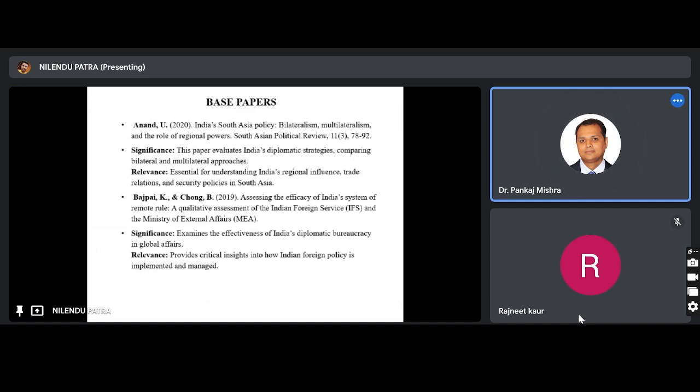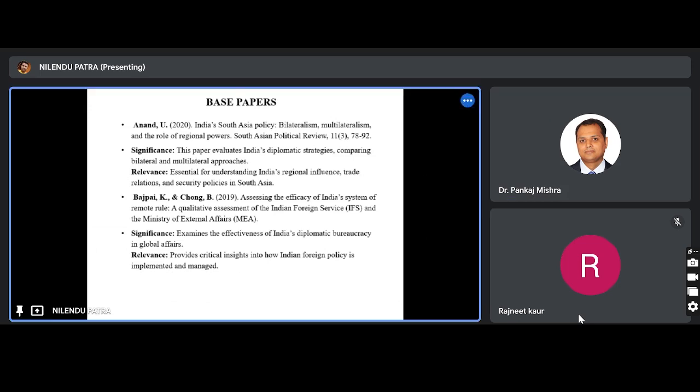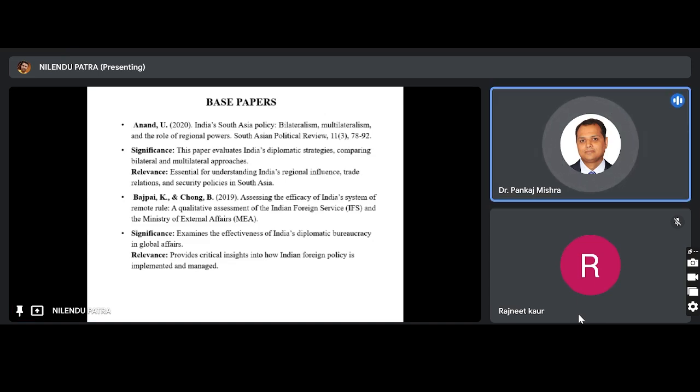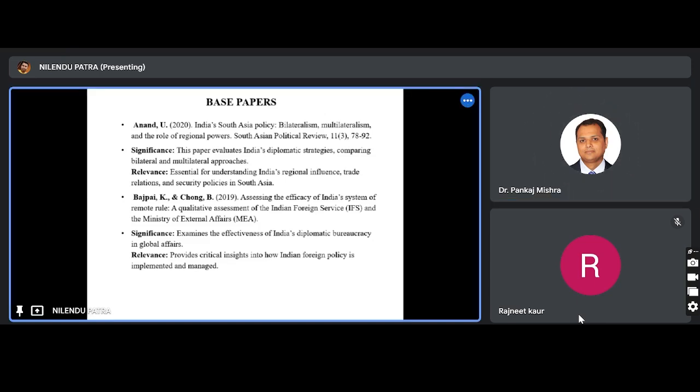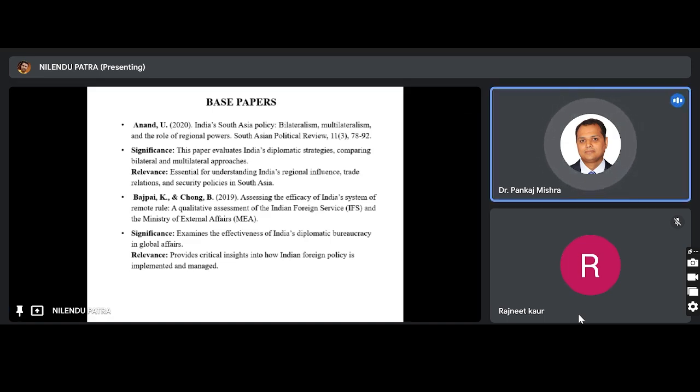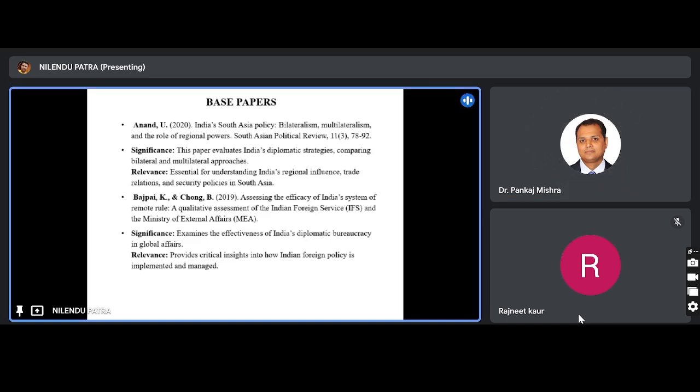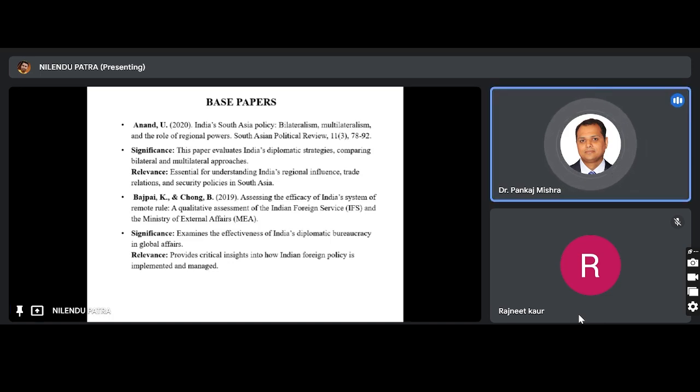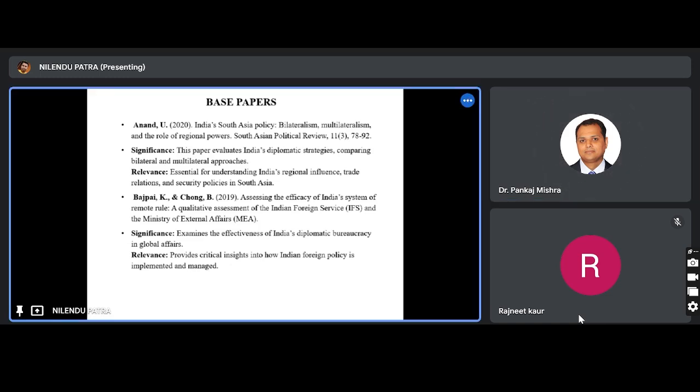साउथ एशिया में कौन कौन से नेशंस आते हैं? साउथ एशिया में चाइना आता है, नहीं आता है? चाइना आता है सर। अफगानिस्तान, नेपाल, इंडिया, भूटान, मालदीव, पाकिस्तान, श्रीलंका आते हैं, चाइना नहीं आता है। और आपका पहला बेस पेपर आपने साउथ एशिया पॉलिसी पे लिखा है। हाँ।